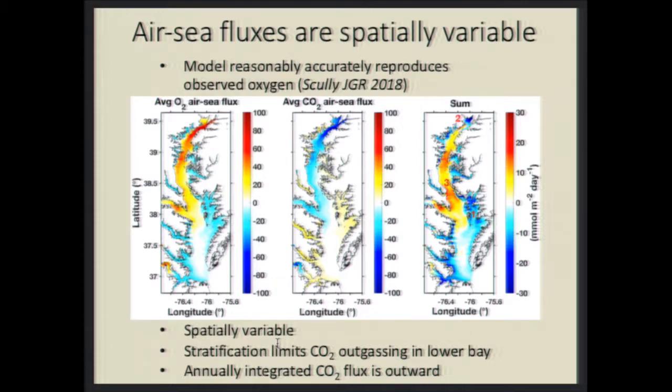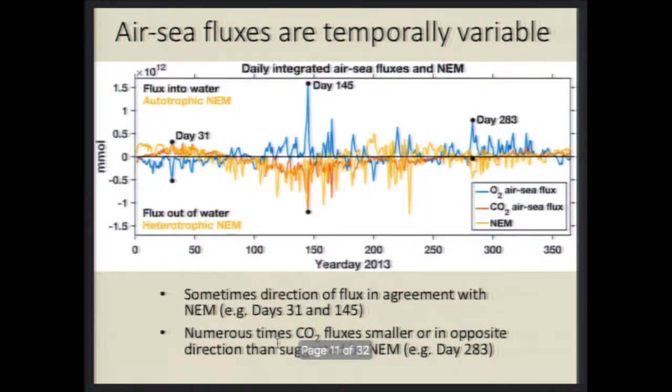And one of the physical reasons is because stratification is limiting CO2 outgassing in the lower bay. In the right panel, I'm just showing the sum of the oxygen and carbon dioxide fluxes, because in my poster I was looking at where these two things differ from each other and why those might be. The annually integrated flux of CO2 from this model is CO2 flux outward to the atmosphere, but there's also temporal